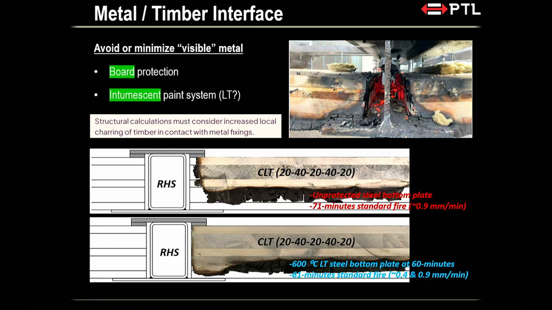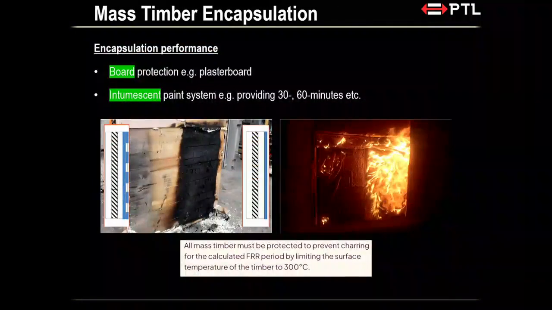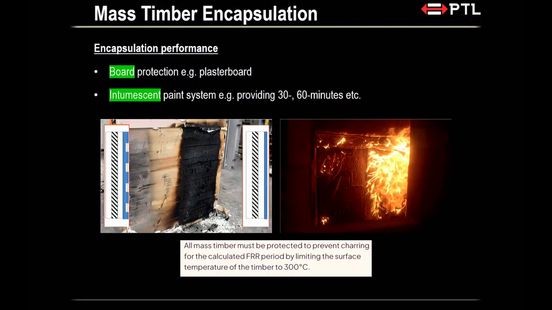What about introducing paint on timber that was only for smoke protection, a different type of intumescent paint? There is. For example, if we just go back quickly, this is an encapsulation paint. This has been put on a CLT. So there are paint systems which provide encapsulation, and then there are paint systems that provide the group number, the surface finish performance. So the encapsulation one is not clear.